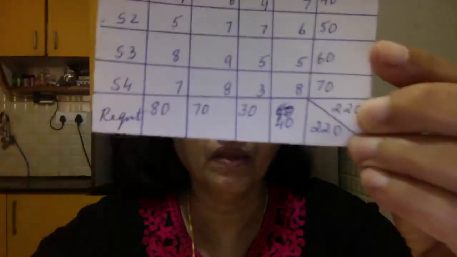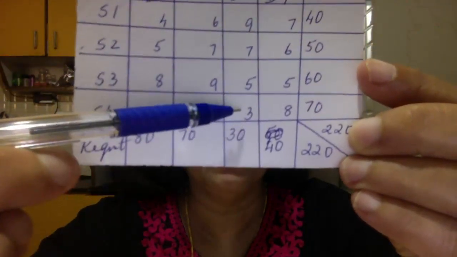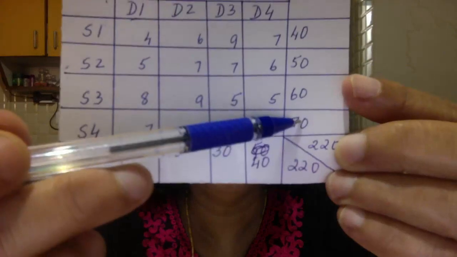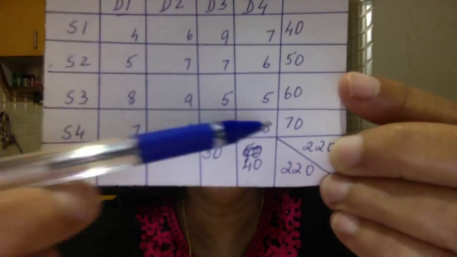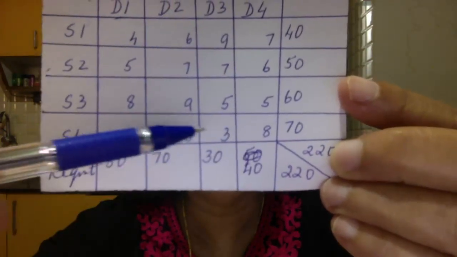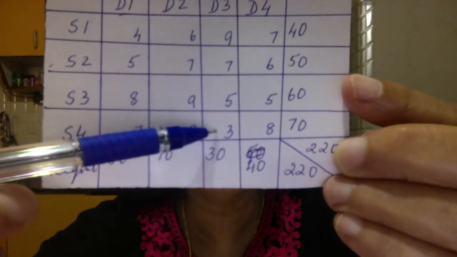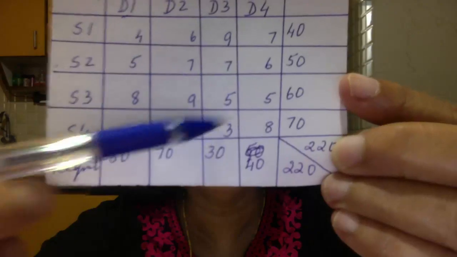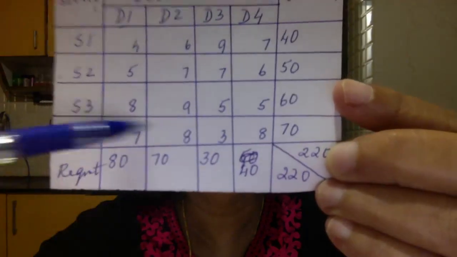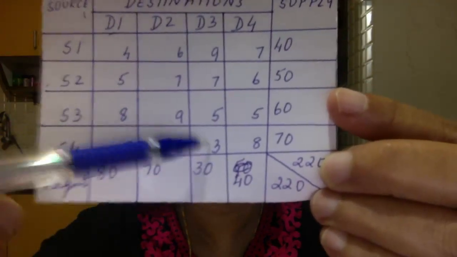You have 70, and this 3 is the lowest. You have 70 here, and here you have 30. So I'll have to give this 30 to 3 and make this 40. I repeat, this 3 is the least cost. So I'll give all of this 30 here, because we have a supply here of 70. I'm going to give off all the 30. You also do the same. Allot, reduce 30 to 0 and reduce 70 to 40.